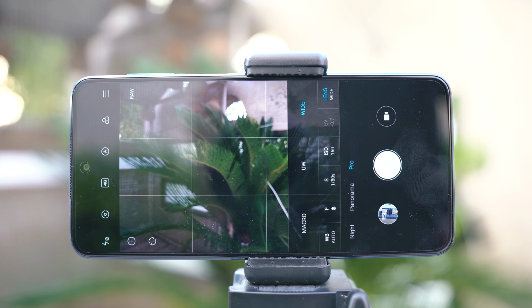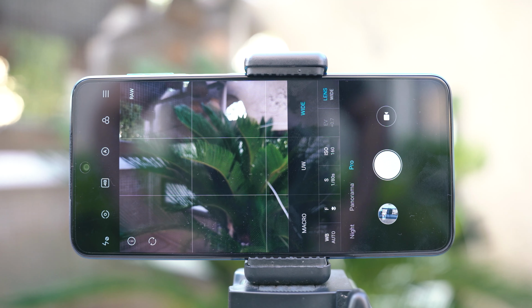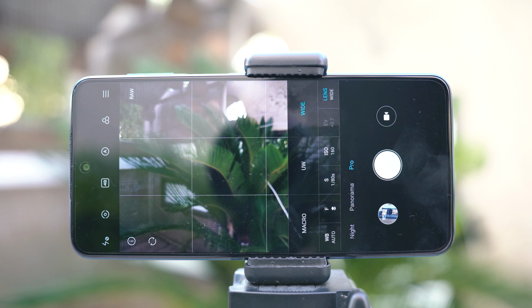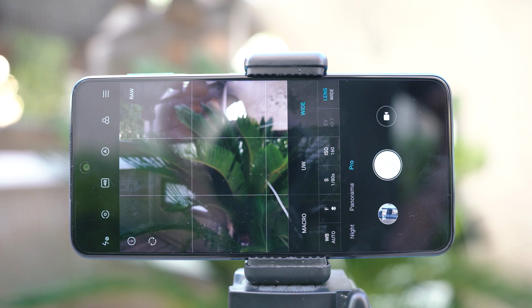Next to the lenses is the option to change the exposure. The exposure is going to work in the video mode only. However, if you don't know what exposure is, it is basically the light per unit area that reaches the photographic film. Next to that is the ISO. ISO is in some manner similar to the exposure. It basically determines what amount of light you want to bring into a picture.